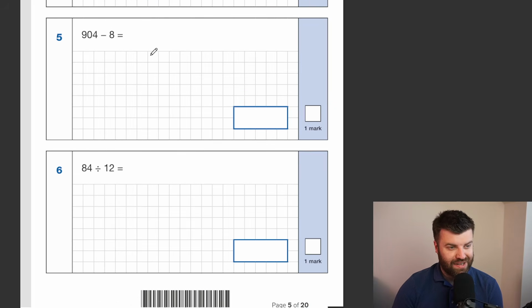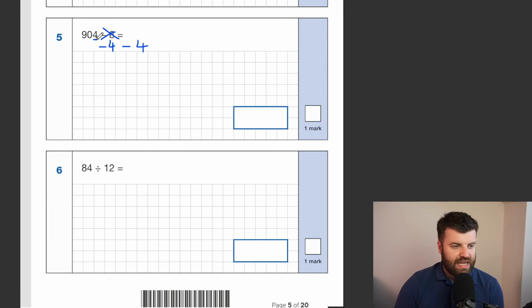Question 5. 904, getting ahead of myself, subtract 8. Now you could put this into a formal written method, or the way I would do this, I'd change take away 8 to take away 4, and then take away another 4. Taking away 2 lots of 4 is the same as taking away 8,